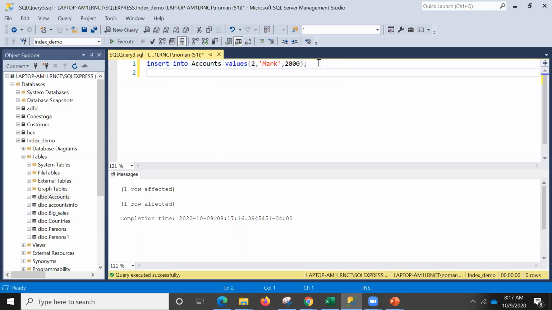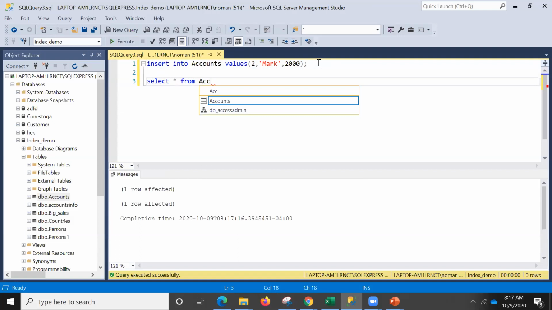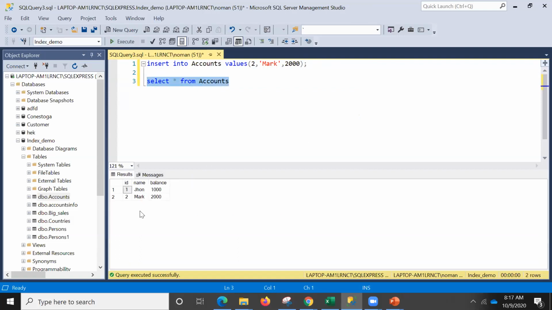Execute, and now we'll have these 2 lines here. So all of you can open any table. I've just opened up my index demo, which we have already used. So if I do select everything from accounts, I can find out that I have now two values over here. So I would be expecting all of you to have any table in which we want to see something, or we want to just show something.